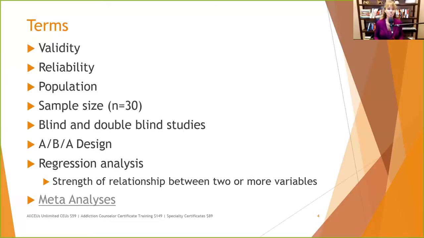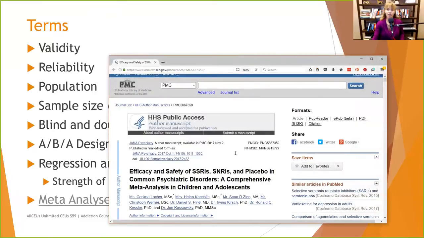A lot of research will tell you that they looked at the age, the gender, and the ethnicity of the participants to help you figure out, does this fit my population? For example, we're going to get to this article again in a minute. This one looks at the efficacy and safety of SSRIs, SNRIs, and placebo in common psychiatric disorders, a meta-analysis of children and adolescents. Okay, well, so we want to know what was the age range of the children and adolescents,